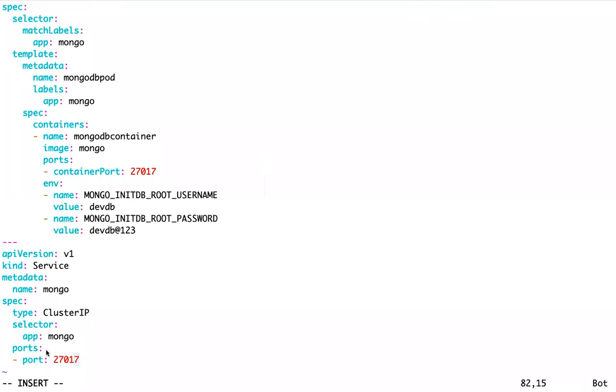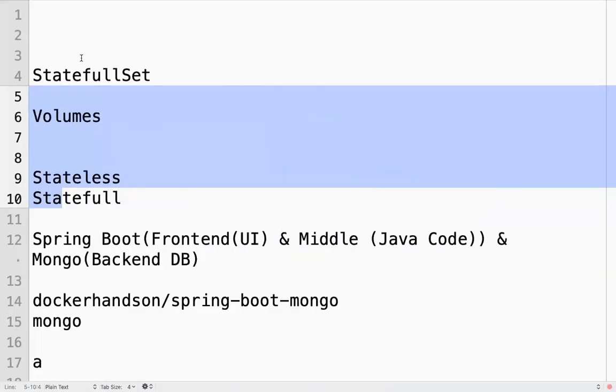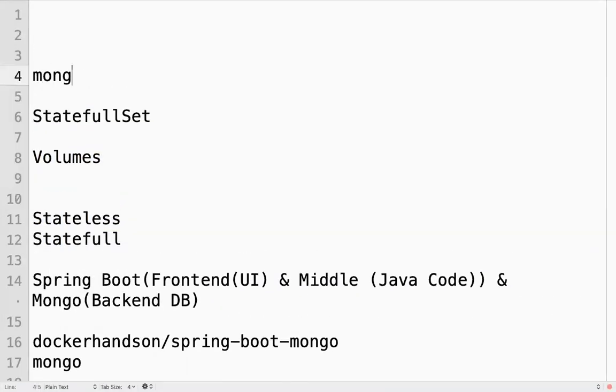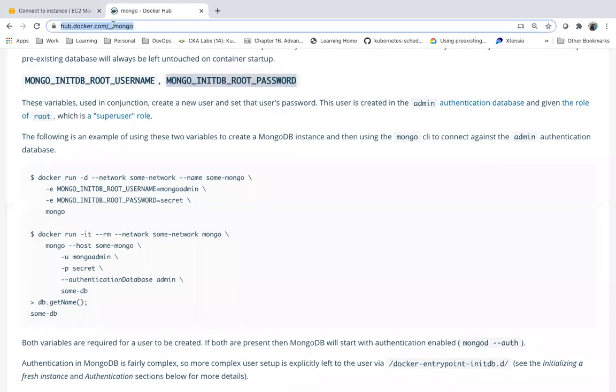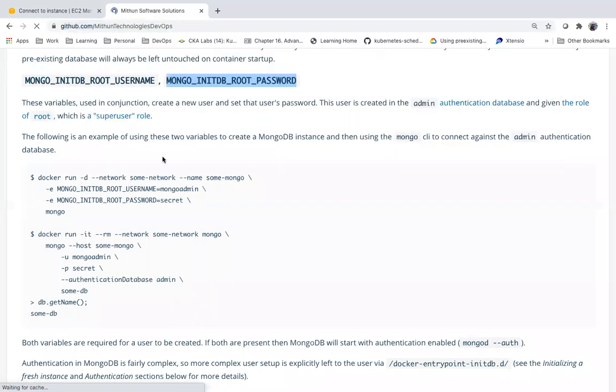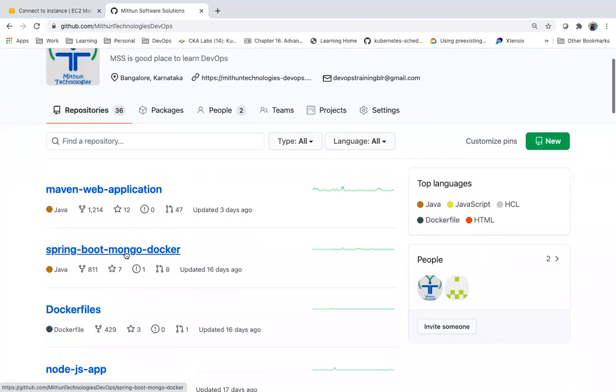Here I am using port as 27017 because the front end application will try to connect as Mongo, 27017, the service name, and this is the service port.